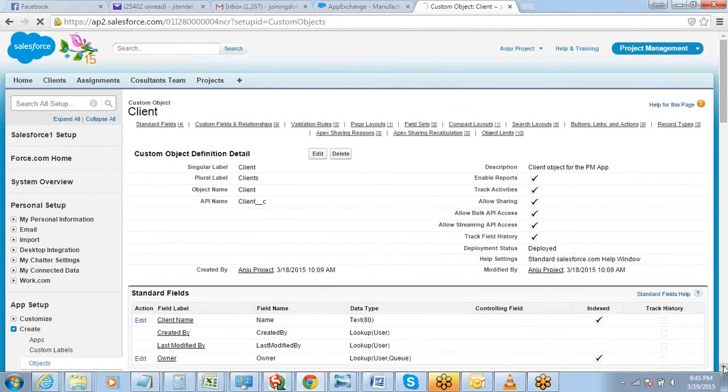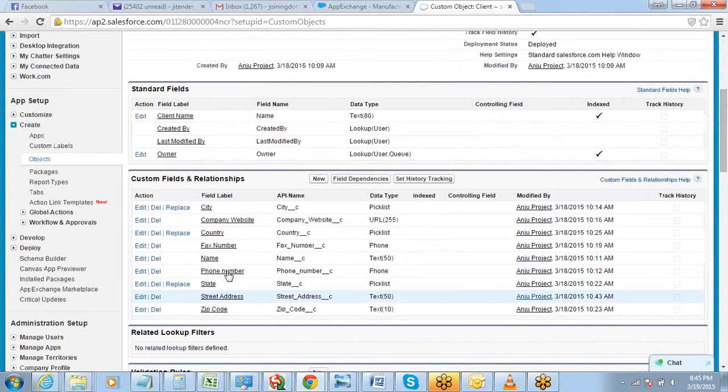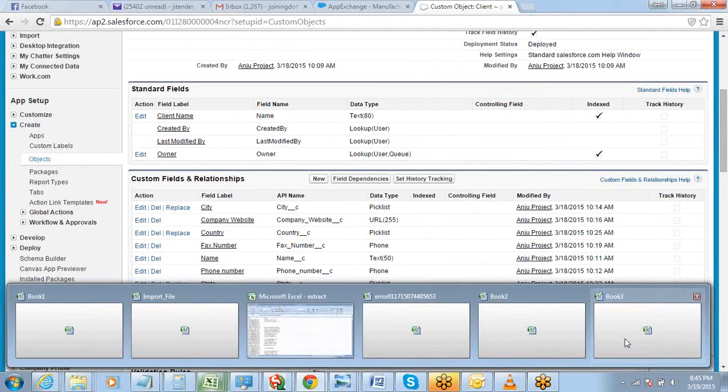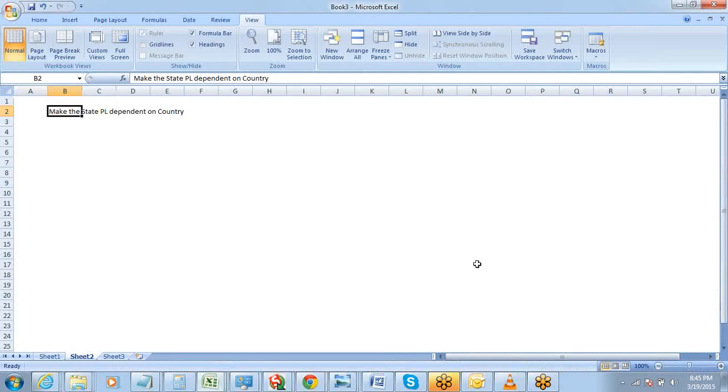So first of all, let me add a few more options in the state pick list. For state. Okay. So these pick list values also you should decide. Let's say for country, I will have India and US.